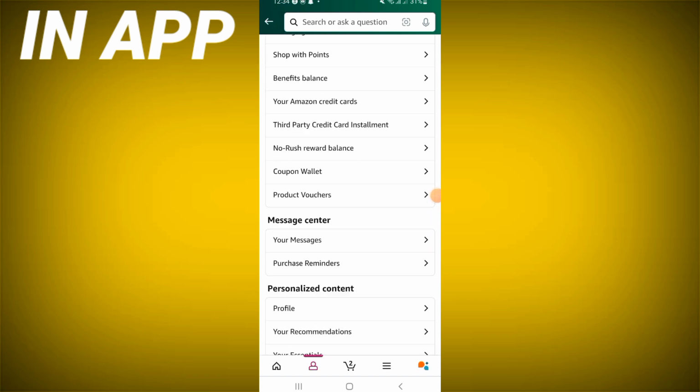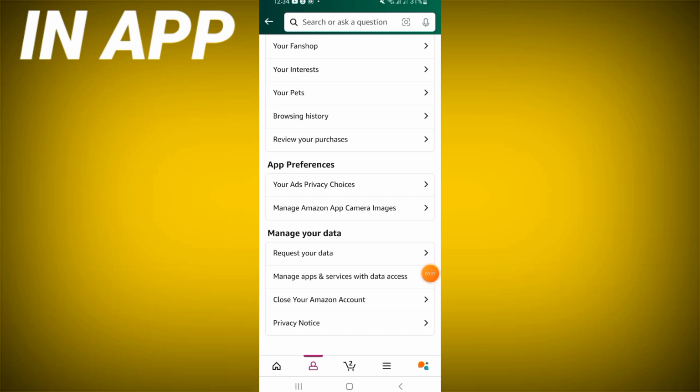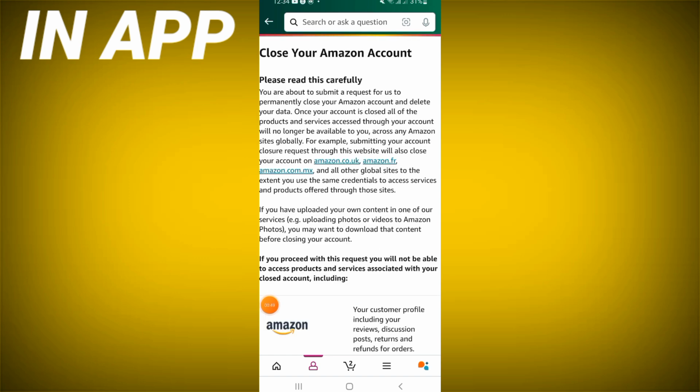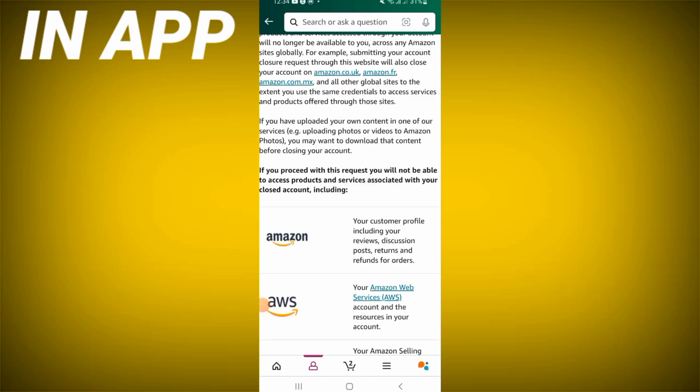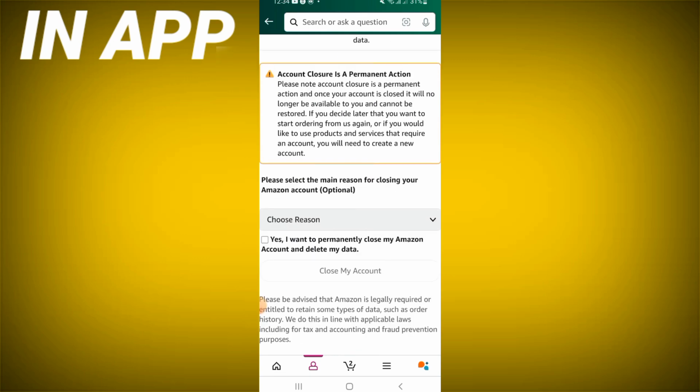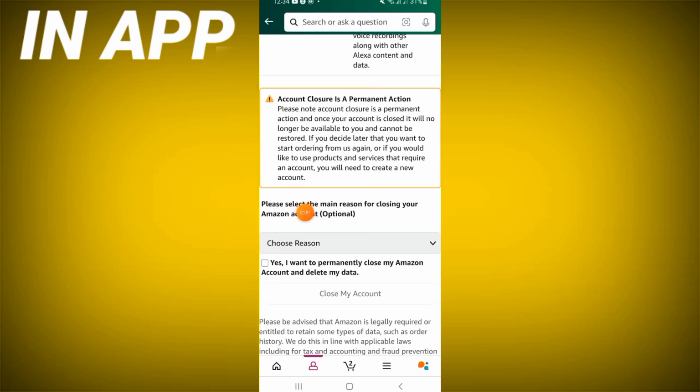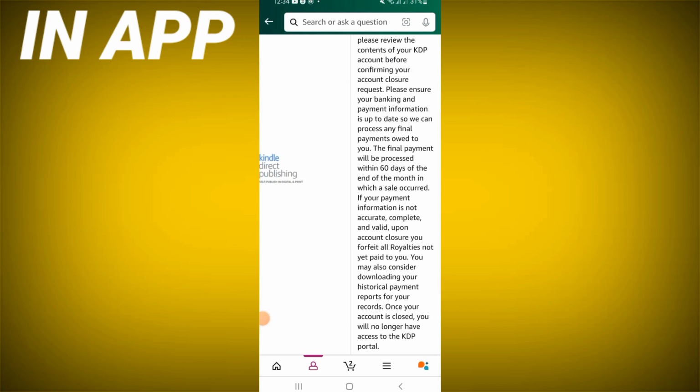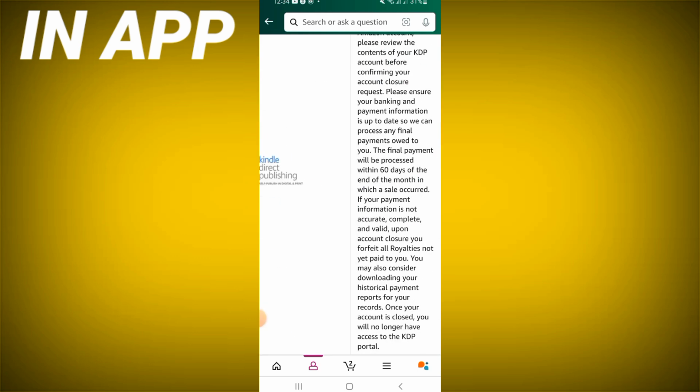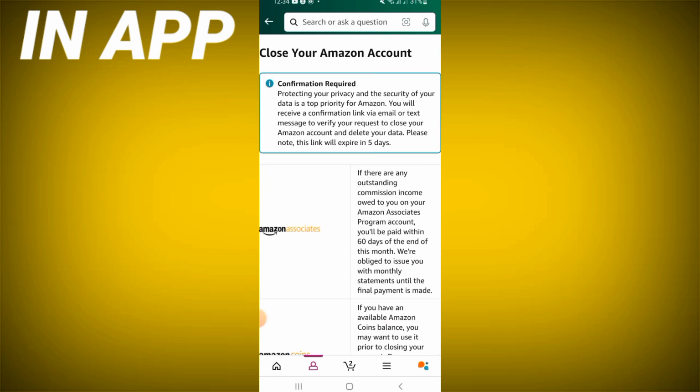Here you have to scroll down this list to the finish, and you have to click here on your request your data or close your Amazon account. Click here. You have to read all this carefully and click yes, I want to permanently close my account and delete my data. Click close my account and it will take you to another page, and you have to finish the other step,